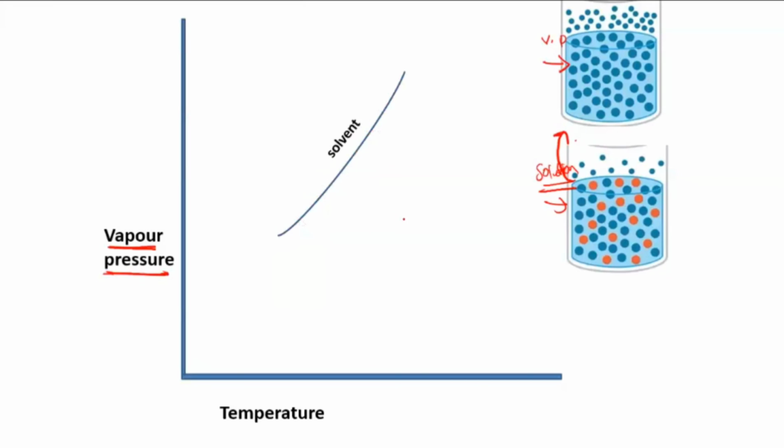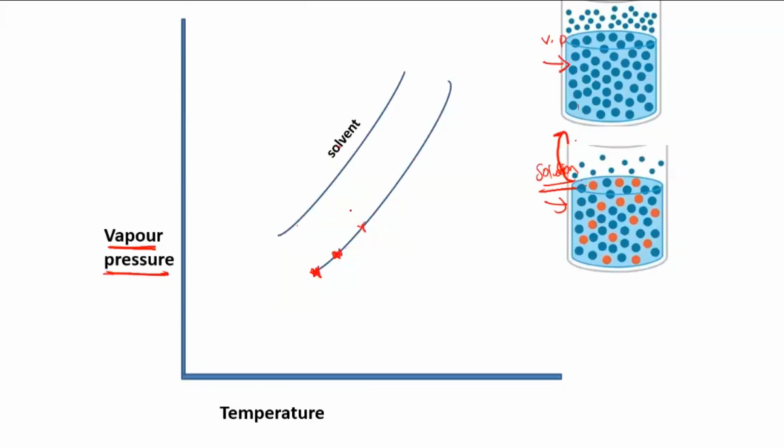This is for the solvent. Now if you talk about the solution, you can see clearly the vapor pressure is decreasing. So when I draw the graph for the solution, it will be lower than the solvent, so it will come downwards. You can see clearly the graph is lower because for the solution the vapor pressure is less. As you plot, the vapor pressure of the solution has come down compared to the solvent. Again, the same thing is happening: initially the solution has a lower vapor pressure at lower temperature, and as you increase the temperature, the vapor pressure also increases.